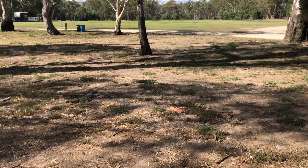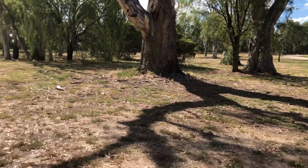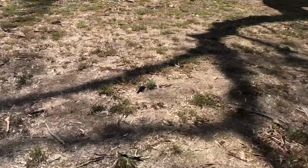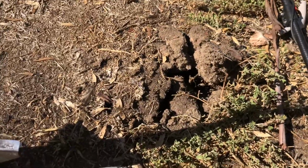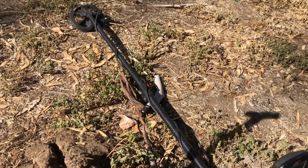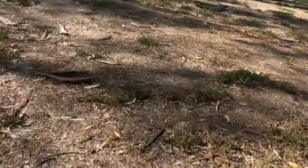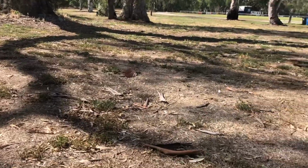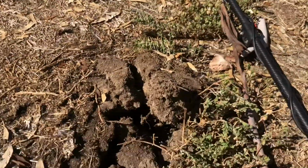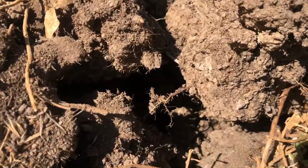Today I'm back detecting at an oval, nice big old trees, nice and shady, perfect for a hot evening, hot afternoon. I've dug a few bits of rubbish, cans, all that sort of stuff. I'm trying a new little spot I haven't detected around here before, 22 here, levered it up